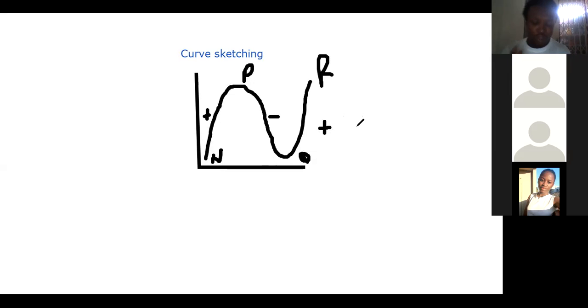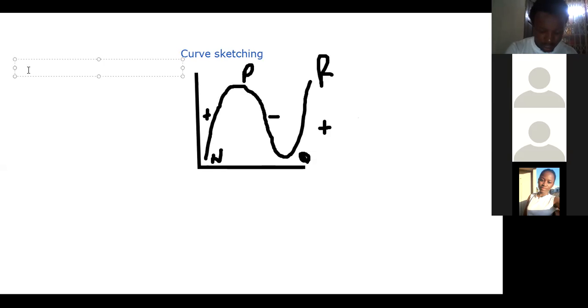Find the range of values of x for which the function y equals 2x cubed minus 9x squared plus 12x plus 3 is increasing. So we want to find the range of values, because definitely there's a range. From here to here, there's a range. That's the difference. And so